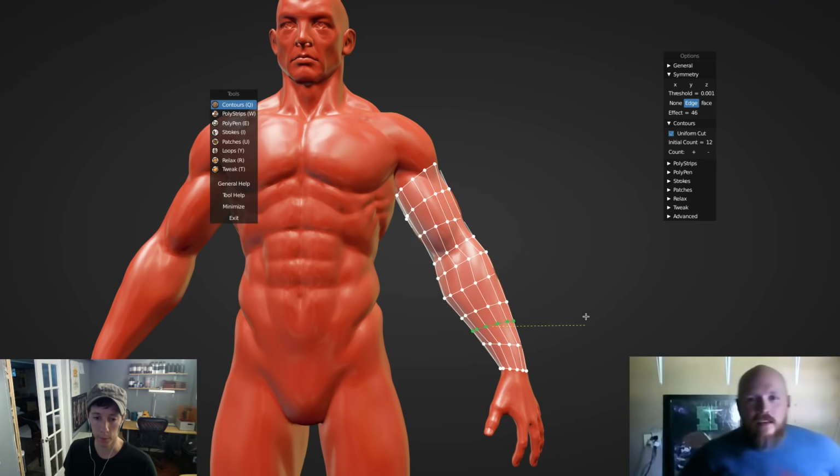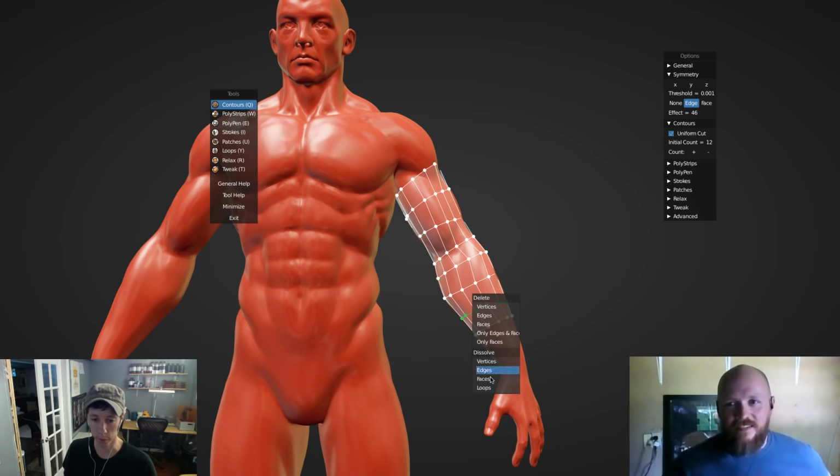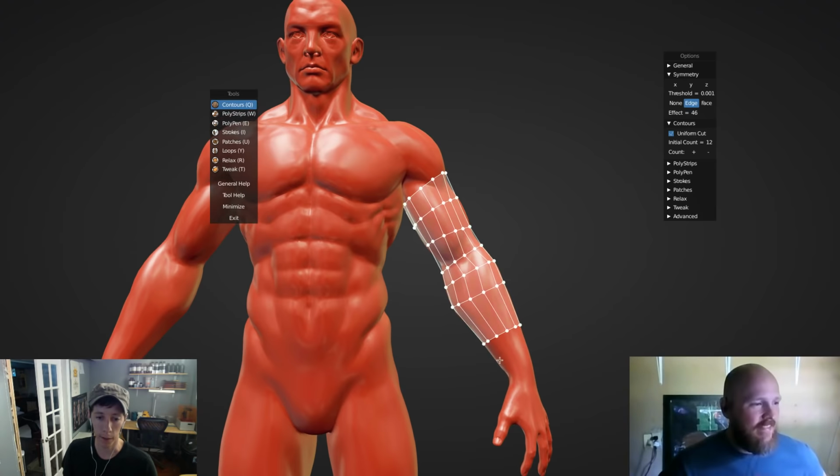You can select them, rotate, select. You can delete them, you can dissolve them, and you can extrude new ones, like this. Whoops, like that. And then if you have an open section like this that you want to fill, just select the two and hit F,